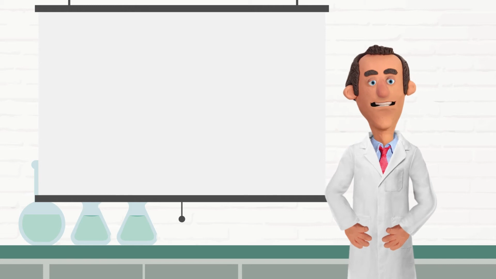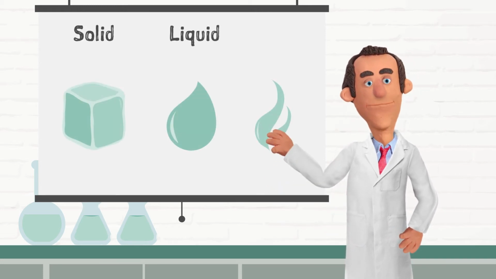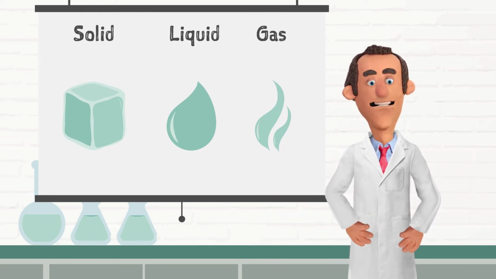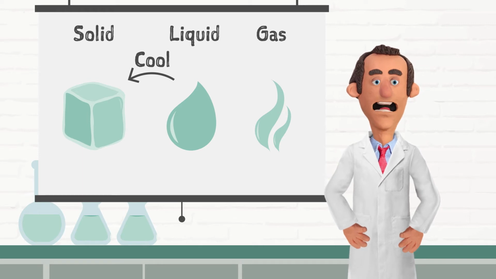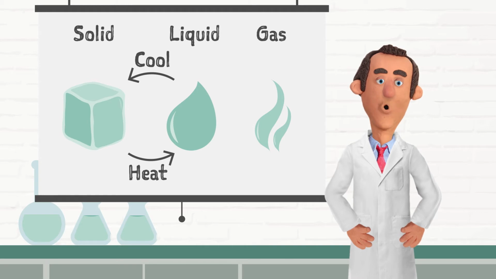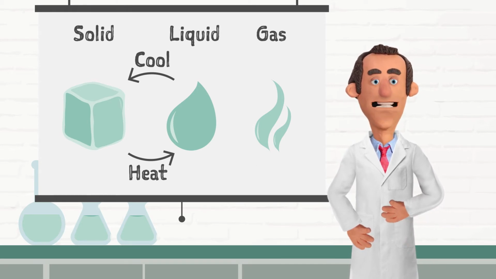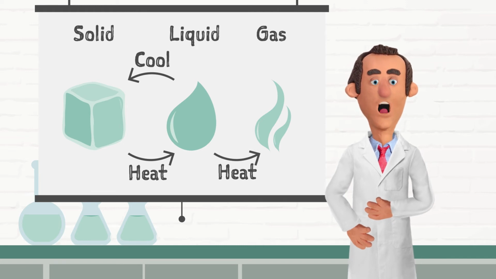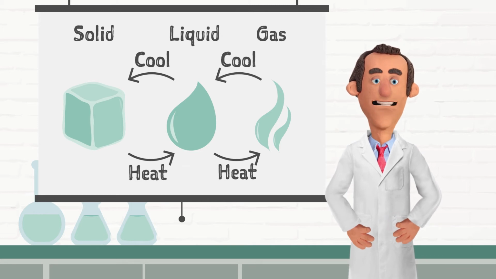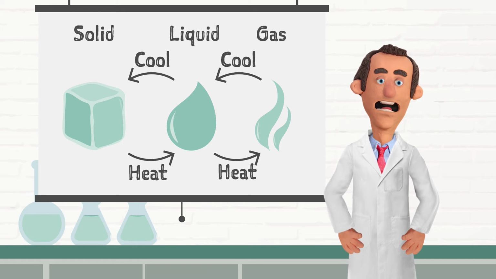That's great, Christy. So here are our three states of water: solid, liquid and gas. If we make liquid really cold, it freezes into a solid or ice. If we heat the ice, it melts back into a liquid. Further heating the liquid turns it into a gas or water vapor. And cooling the water vapor down turns it back into a liquid. Water is pretty amazing stuff.